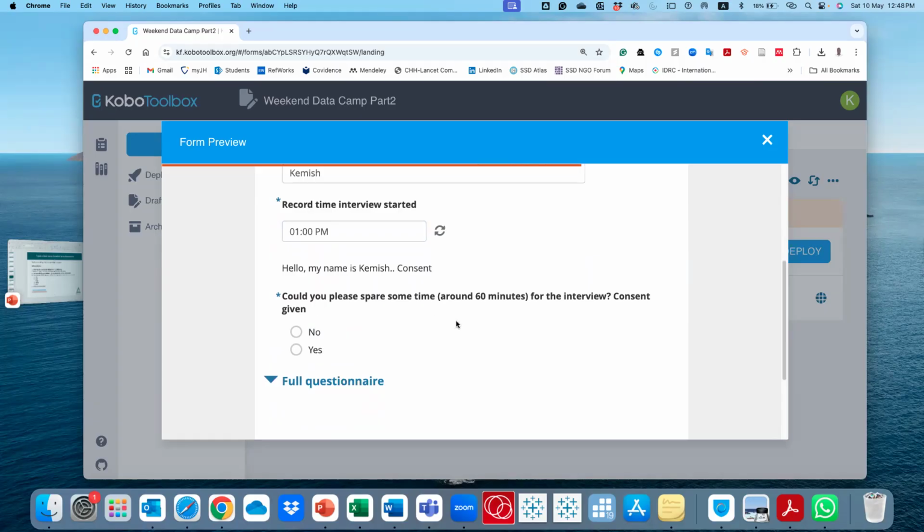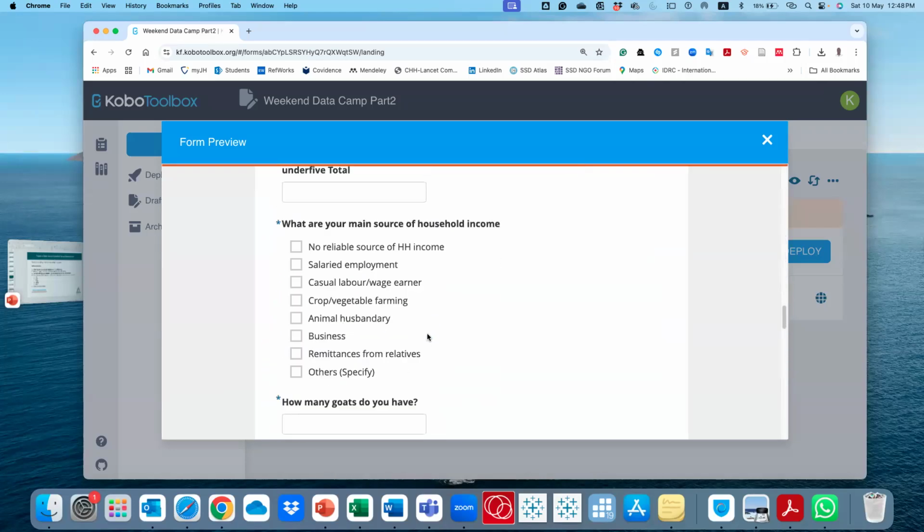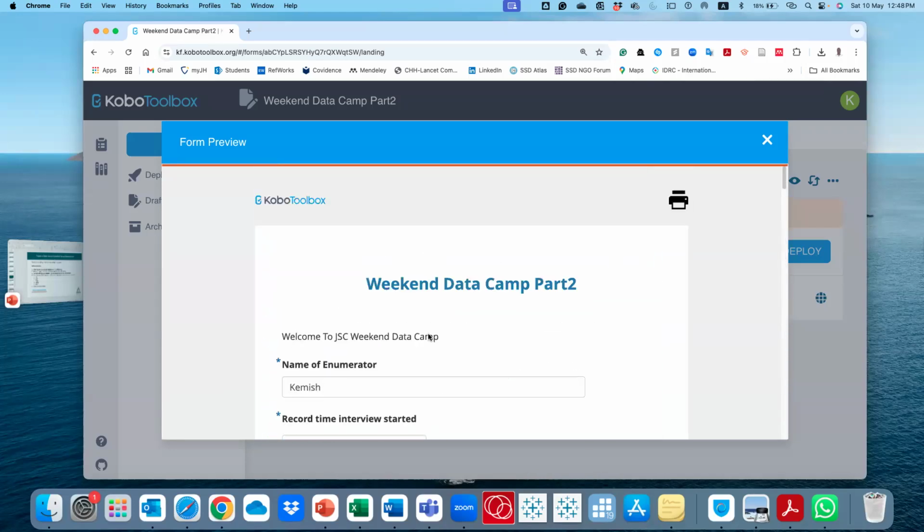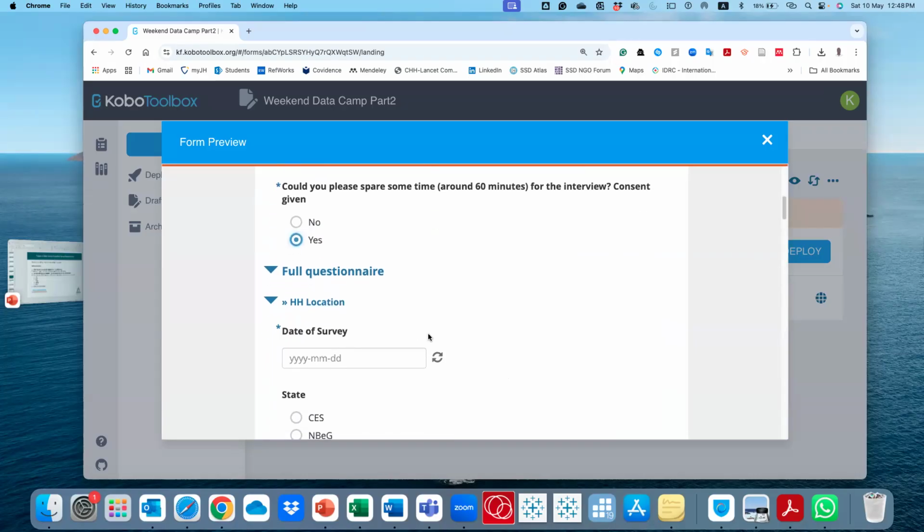Then you would ask the respondent, could you spare some time, whether it's 50 minutes, 60, 1 hour, 2 hours. If consent is not given, it is a no, right? Then your interview ends. You're not going to continue with your interview. If the consent is given, yes, then it brings all these other questions that you have built into your form.